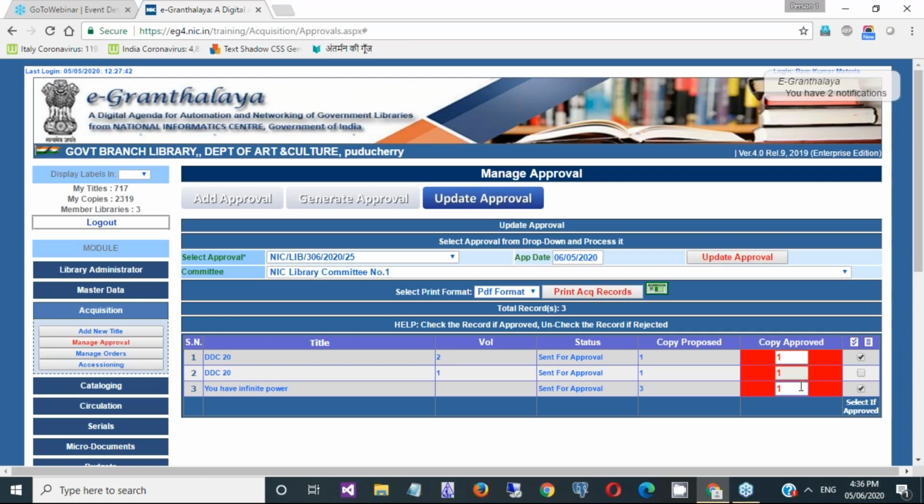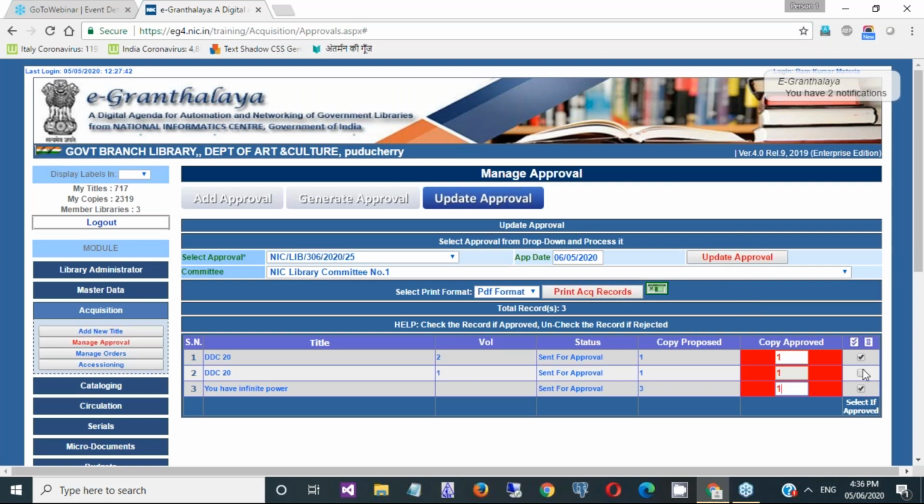For example, they may say that funds are not available for 3 copies, so let us purchase 1 copy in this go. Whatever book is not approved, you need to keep it blank. No need to select it on the right side. Please, this is very important. The records you select and process will be the ones approved.